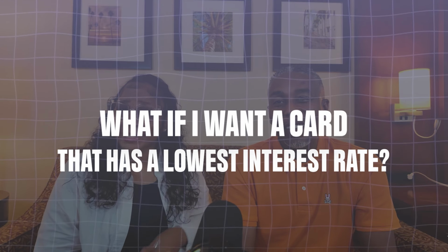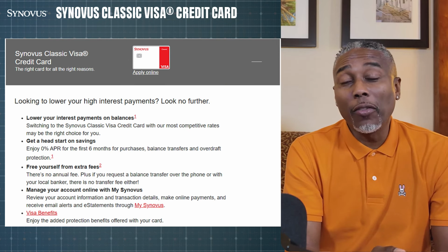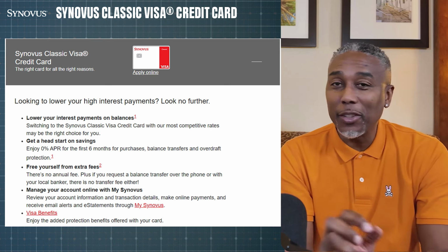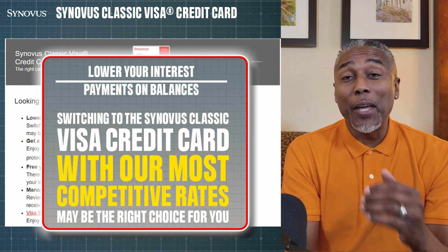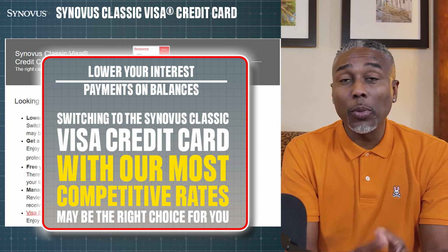But what if you're just looking for a card that has the lowest interest rate? All right, we're going to talk about the Synovus Classic Visa credit card. Now, with this one, it doesn't have all the fancy benefits, the cash back, the travel. It has none of that. But what it does have is 0% for 6 months. And after that, the best competitive rate that you can choose out of all these cards,